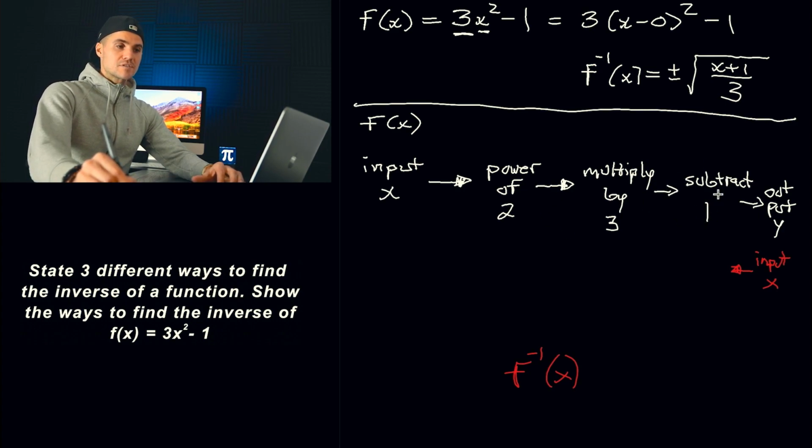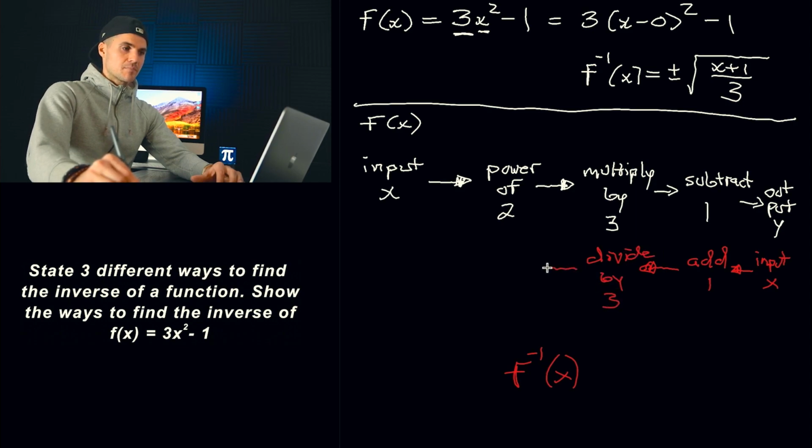So the opposite of subtracting 1, you're basically going to add 1, like that. Okay, so you're going to add 1, and then instead of multiplying it by 3, you're then going to divide by 3. And then instead of taking it to the power of 2, the opposite of that is to basically square root it,